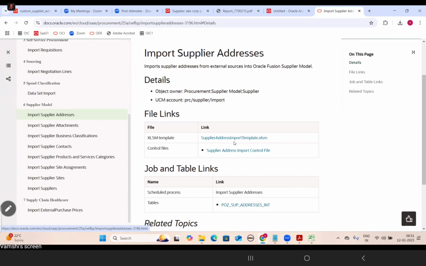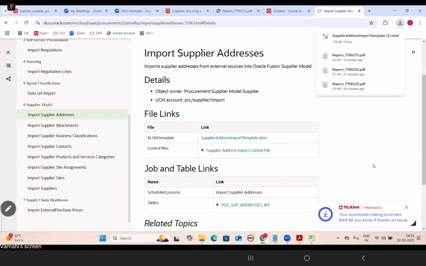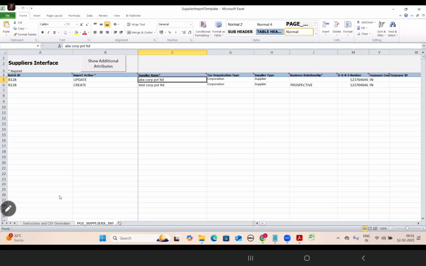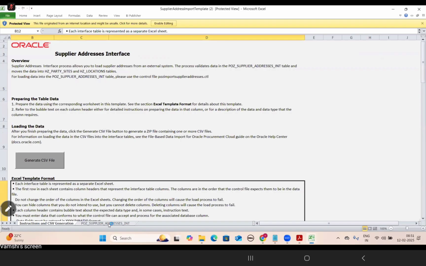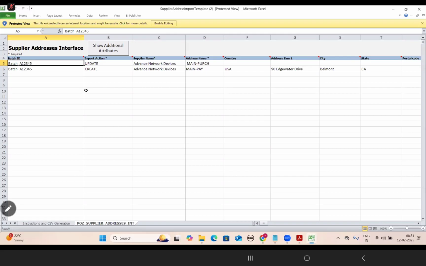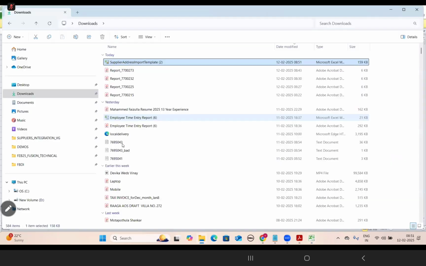Download the supplier address import. See here, one thing you have to understand, guys. For example, one supplier we have multiple addresses. So then what you will do here, let's say